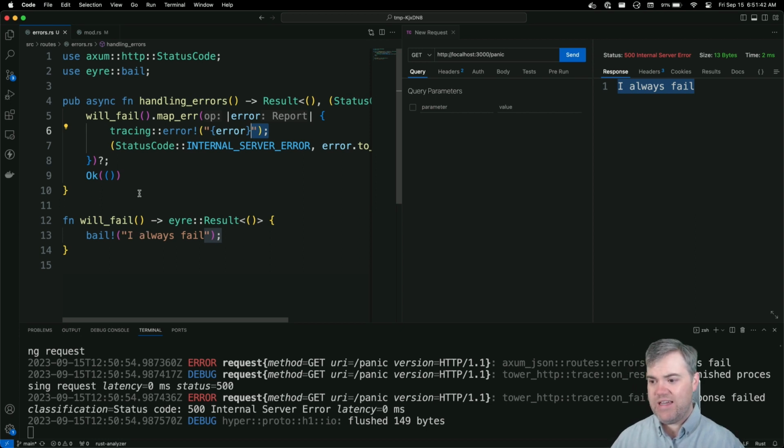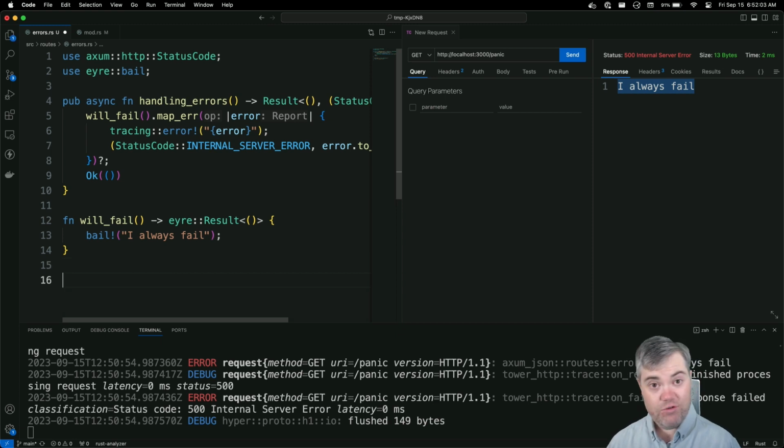So let's actually implement an error. We'll have to abandon the bail, but we're going to create our own error struct, which we can then just pass through the code. We'll still have a map error in some circumstances, but I think it'll be much better and it won't be in a route handler. Let's go ahead and implement this.